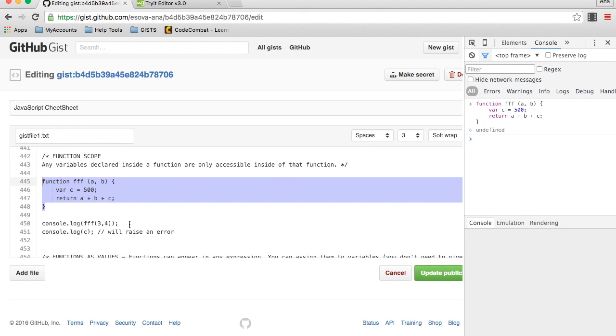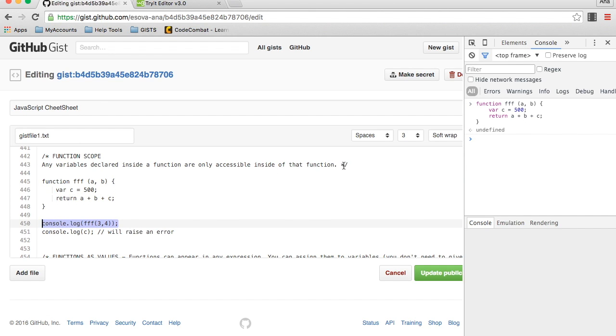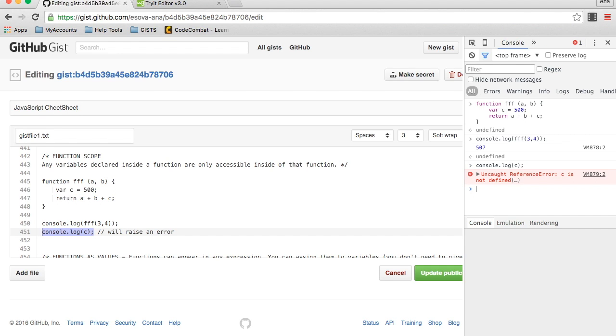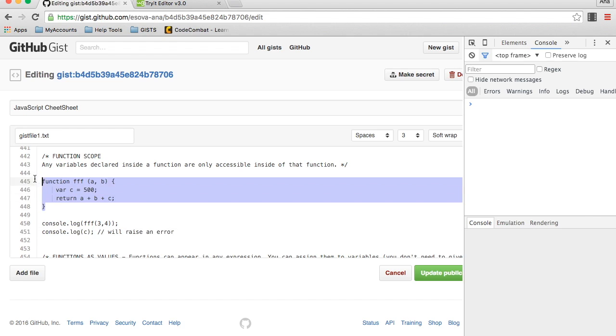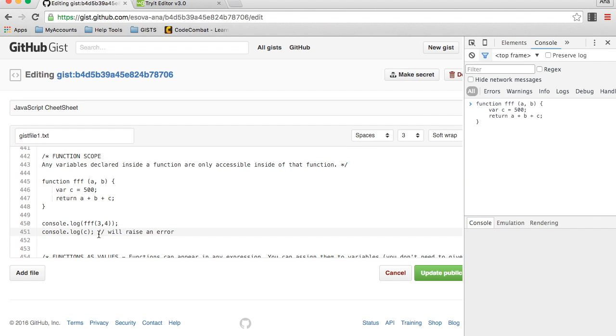We have a function. We do the function call. Yes. So it does 500 plus 3 plus 7 plus 4, so it's 507. But if we do console log c, we get an error. But let's see. If we make a console log a part of the function,